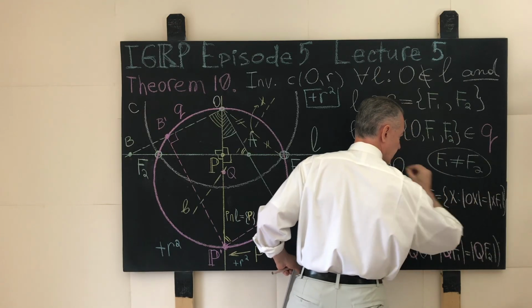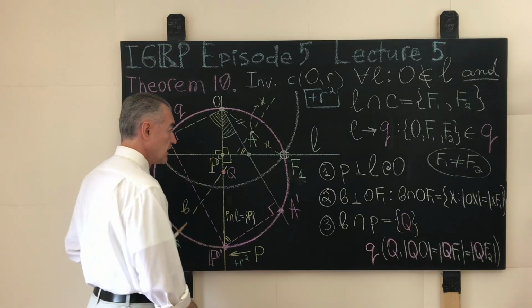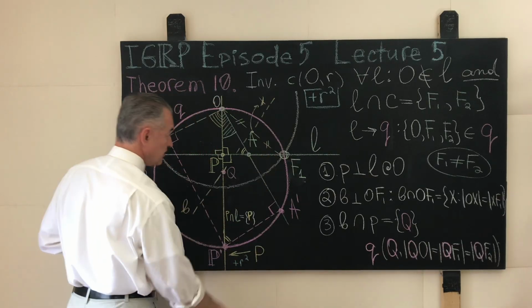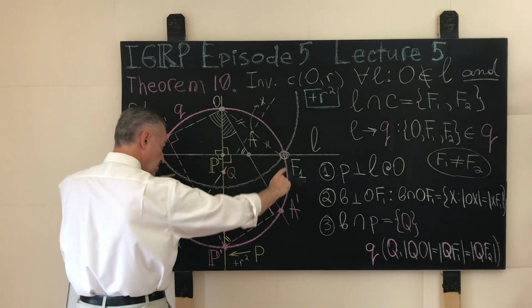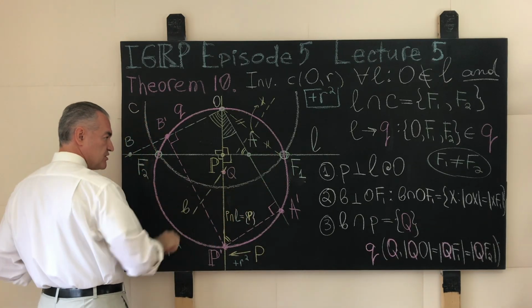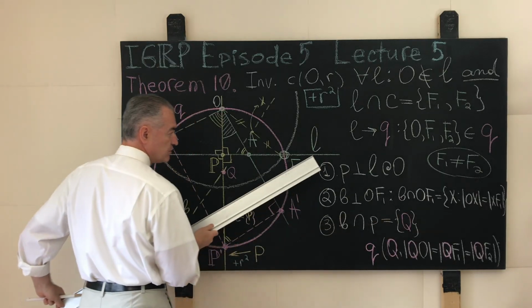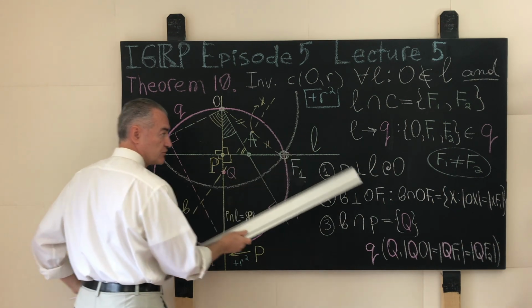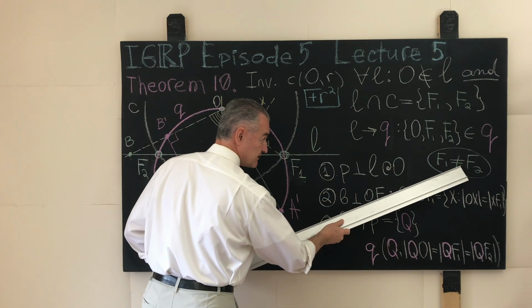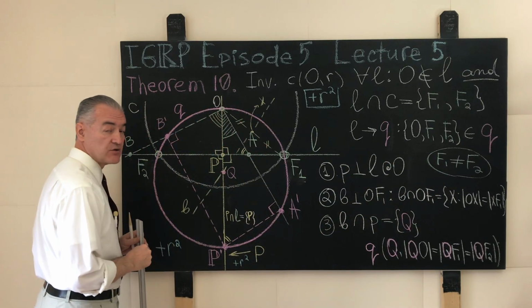Let's stipulate two distinct points, because pretty soon we will consider the case when these two points merge into one and we have a tangent. So in this case, when the two points shared between the straight line L and the circle of inversion are distinct,